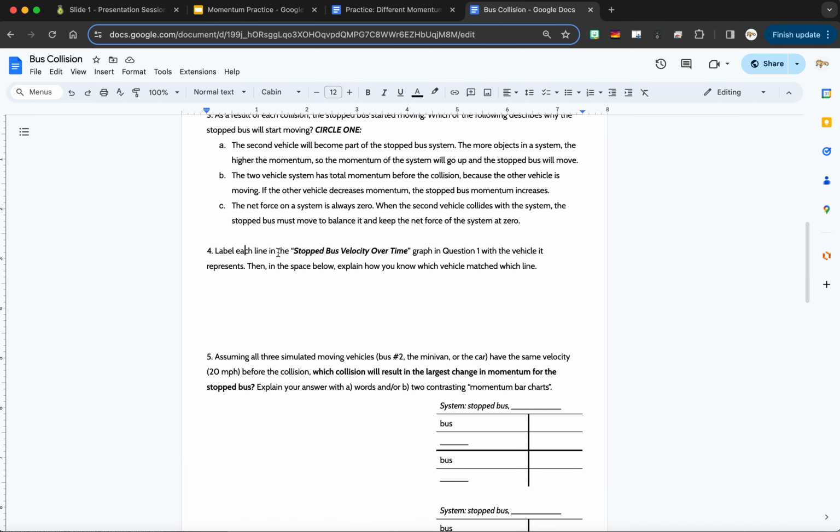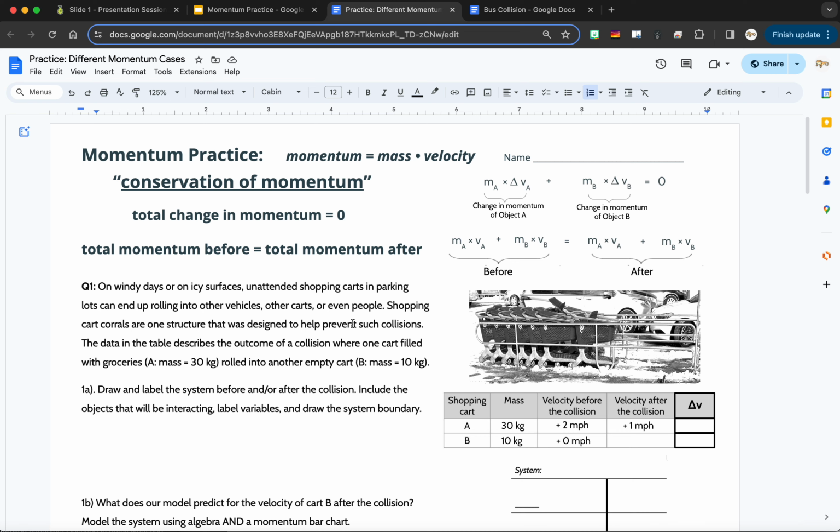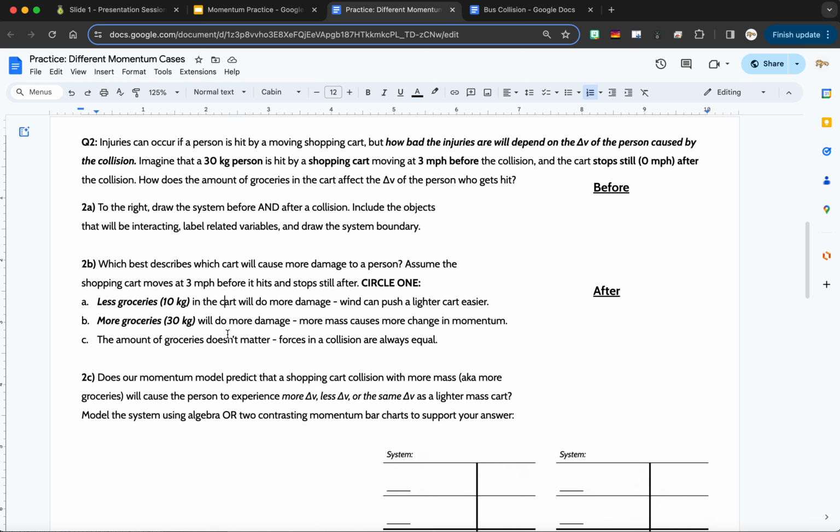And questions 4 and 5 here are where the question gets more challenging. So in order to figure that out, I'm going to go back to this practice that we worked on together. And there's a very similar problem